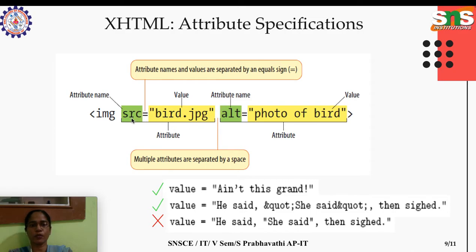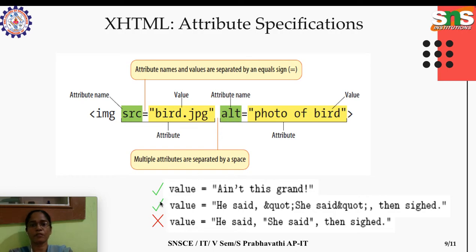Here one attribute is source, the other is alt, alternate. They are separated by a space, and alt equals, within double quotation marks, the alternate text for this source. When for some reason the browser is not able to display the image, the alternate text we mention here will be displayed. Okay, that's the other attribute for the image element.